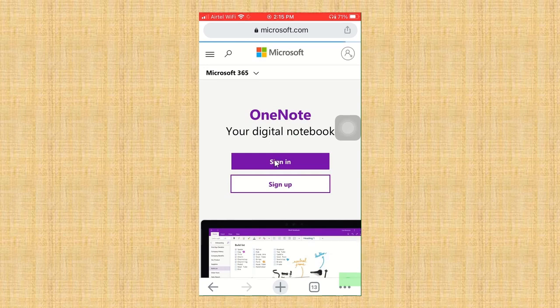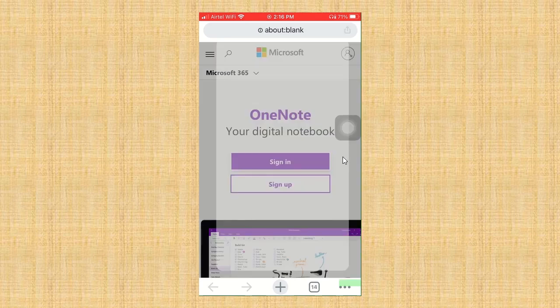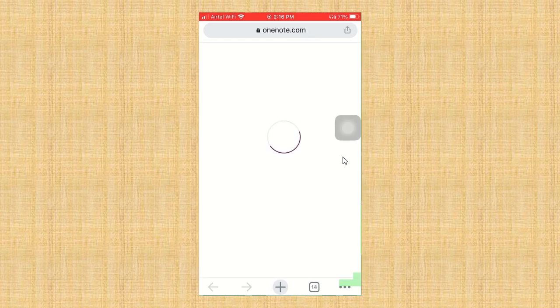So here it will ask you to sign in with OneNote. So you can use the second account here. For the first account, you can use directly in the mobile app, and for the second one, if you are having more than one child, so for uploading the homeworks of the second child, you need to log in from the Google Chrome app. So here I am pressing sign in. So you need to enter the details of your second student.